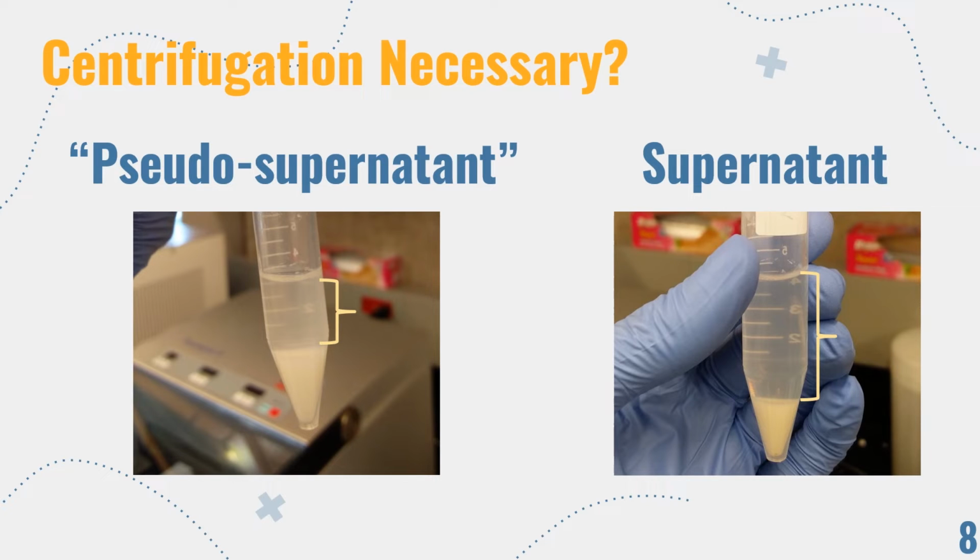Whole saliva, when collected via the spitting method and then allowed to settle, forms a two-layer solution. We decided to give the upper portion a name and will refer to it throughout the rest of the presentation as pseudosupernatant. We called it this because although it's a liquid lying over a solid, this was not formed due to centrifugation. The image on the right shows a centrifuged sample, and therefore the top liquid portion was called